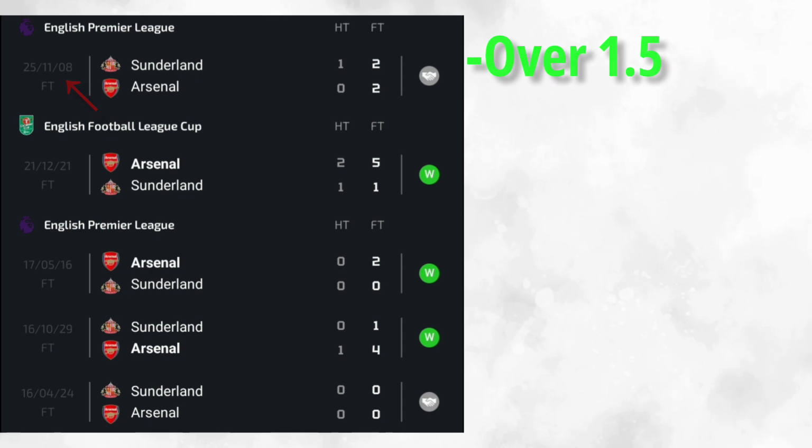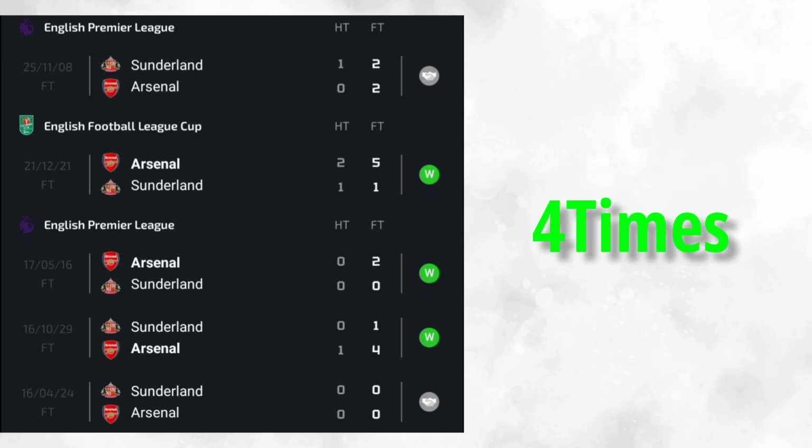You could even try the over 2.5, but the problem is that it worked only 3 times in the last 5 matches. But for a safer bet, just go for the over 1.5 because it's really working in a very good way. So yeah, guys, as you're analyzing, we can see that our market worked 4 times in a row in the last 5 matches. Our market worked 4 times.